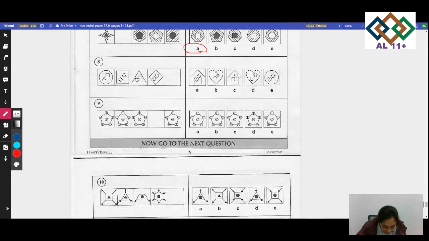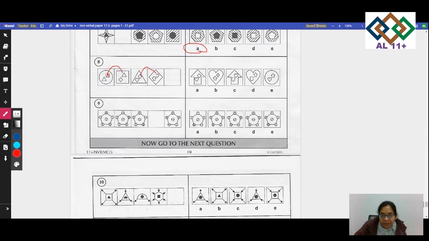Number 8 now. The top right small shape becomes the new shape in the next. Whatever small shape you have, look at this one here, it becomes the big shape here. It's a small shape on the top one, becomes a big shape here. So whatever is in the top one will be your bigger shape. This shape here would be for your next one.